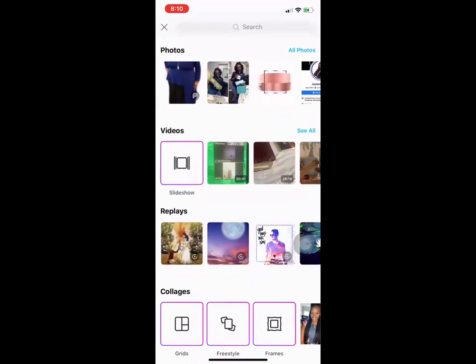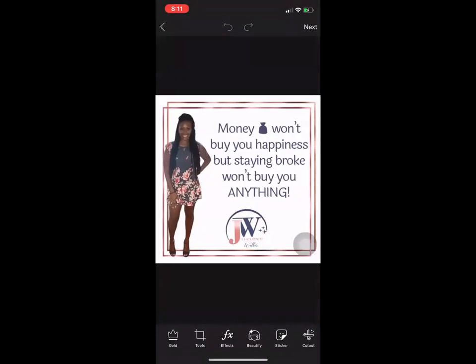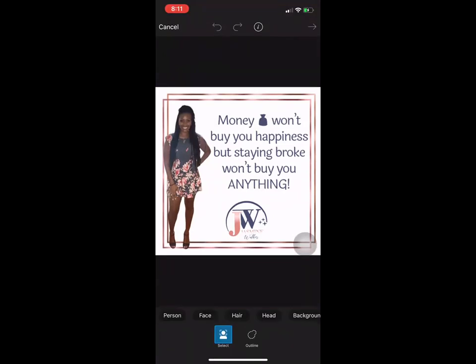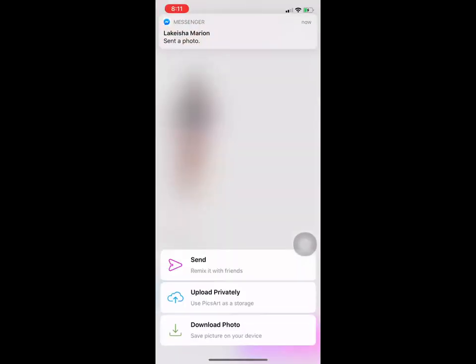You're going to hit plus at the bottom, and you're going to bring up your picture. So I'm cutting my picture out of this. You're going to select the person at the bottom left and then hit person. Okay, then you're going to hit save. With Canva, with PixArt, it just doesn't usually cut out as smooth as